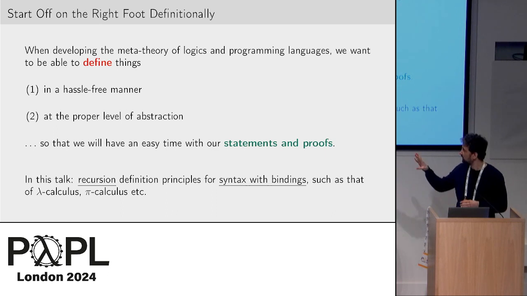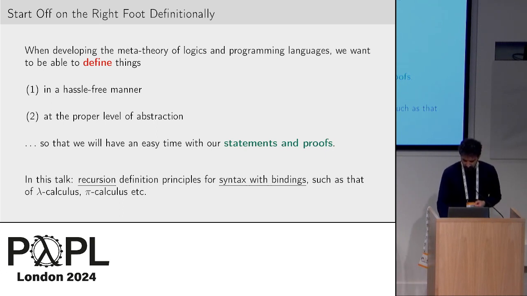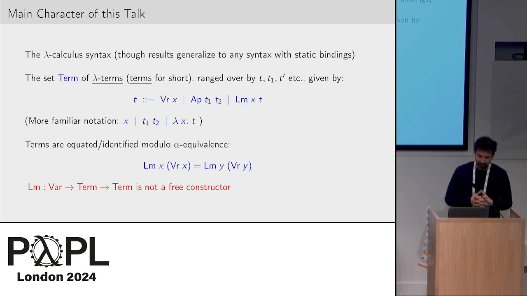So in this talk, I'm going to focus on a particular piece of infrastructure that I think is very useful for many of the meta-theoretical results that we're developing at POPL, many of the syntactic translations and interpretations that the researchers are developing. And I'm going to focus on recursion principles for syntax with bindings. In other words, recursion principles that are aware of the bindings and respect the binding structure. They pay their respect to the binding structure.